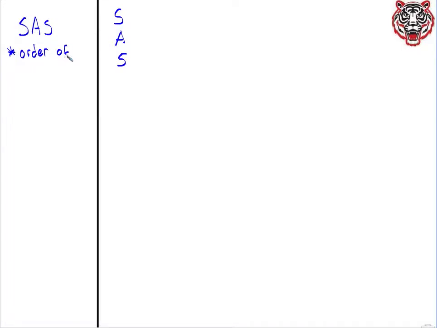Order of, I should say, these letters matters. It's not enough to say I have two sides and an angle. You have to say it is a side and then an angle and then a side. So SAS, in our notes we can just say side congruent,